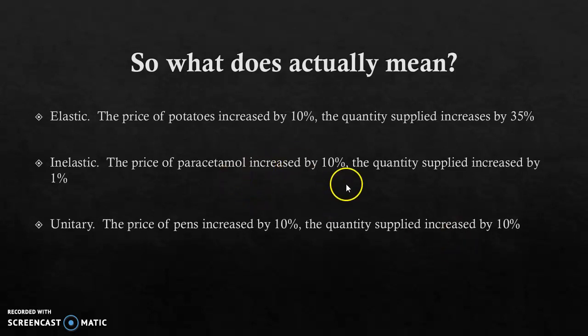Whereas with inelastic supply, I think paracetamol is a great example of this right now. I did see some in the pharmacies when I went in thinking about getting some, and it was quite expensive. I was like, nah, that's double the price I'd normally pay for paracetamol. You used to be able to get a box of like 100 at the real discount places, the real cheap brand, for maybe $6. But now that was $9 something, and I was just like, no, I'm not paying that. But let's just say if the price of paracetamol was to increase, the quantity supplied maybe only increases by 1%.